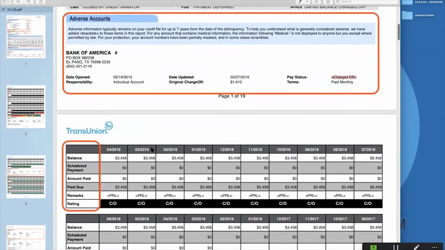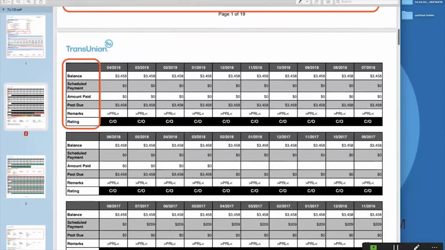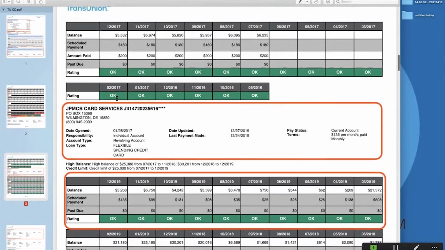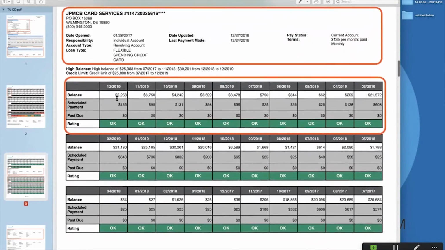Also, when you're looking at this, we also want to look at what are the balances? When was the scheduled payment? Remember, we talked about the 24-month look-back period. This is where they draw that data from for as long as it's been open. The balance, there's a scheduled payment, how much it was, but since it's been charged off, there are no scheduled payments, but it's showing what's past due. But we'll look in a moment for a positive one of these, and you'll see. In fact, it's the next page. So let's take a look at a Chase card.